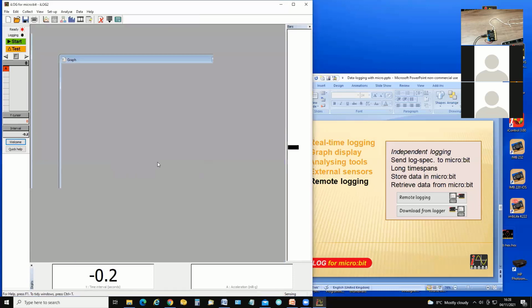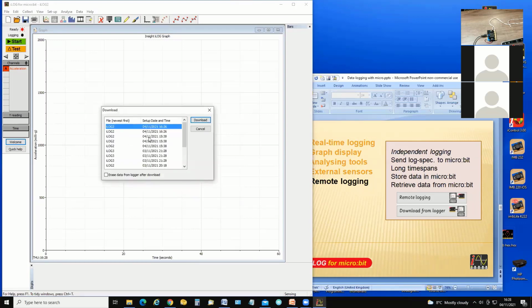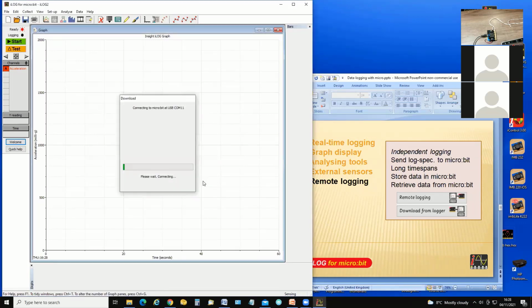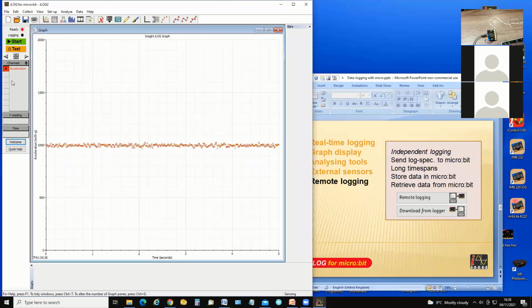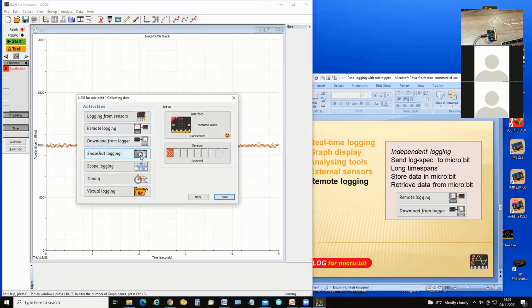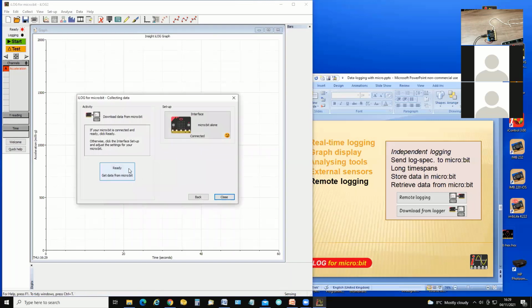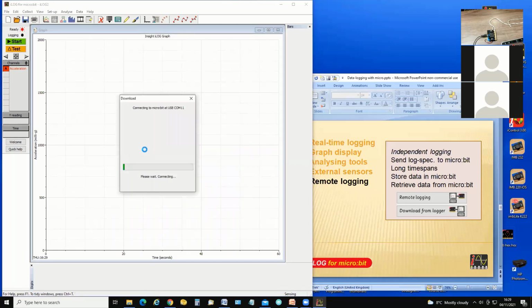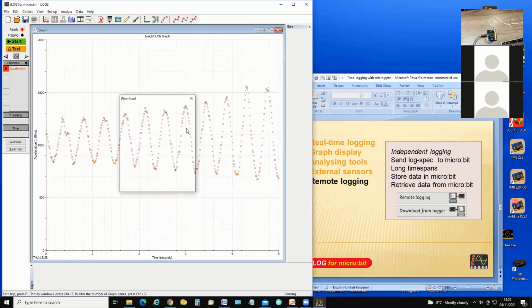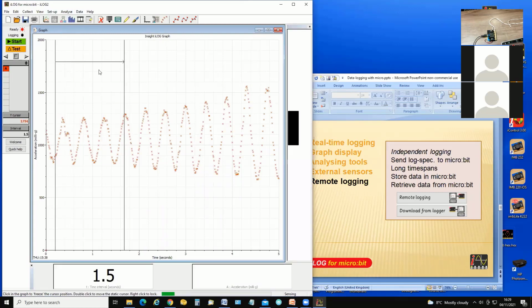Download from the logger. Off we go. That was the previous one. Oh, right. Let's have a look at one that I did earlier. Here we go. Yes, and this time the time interval is so